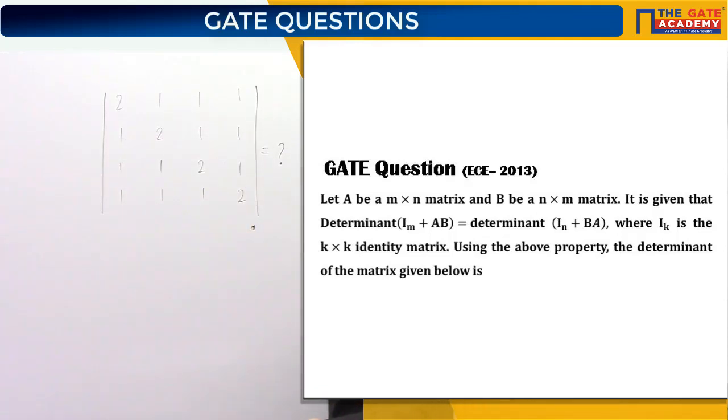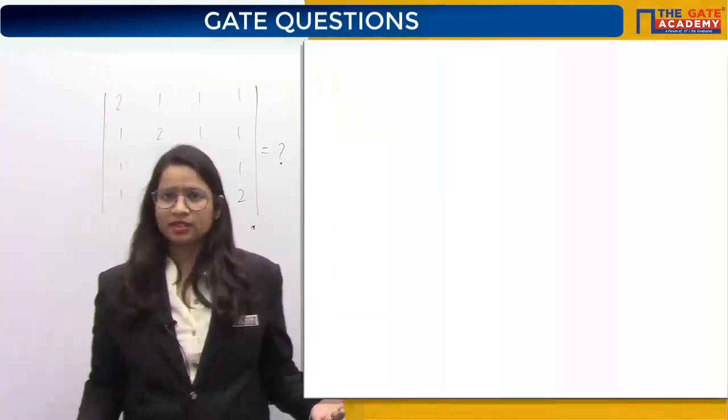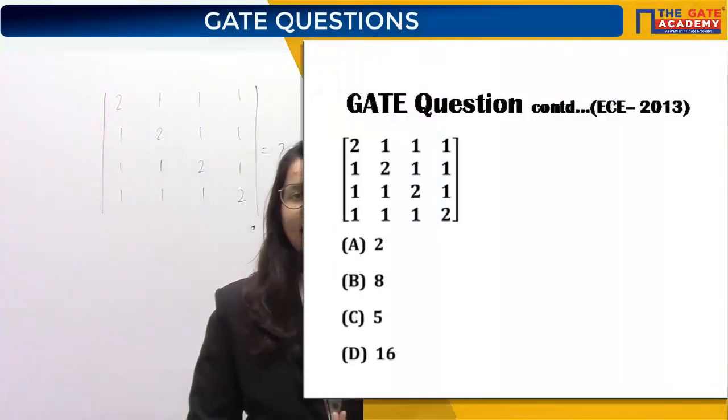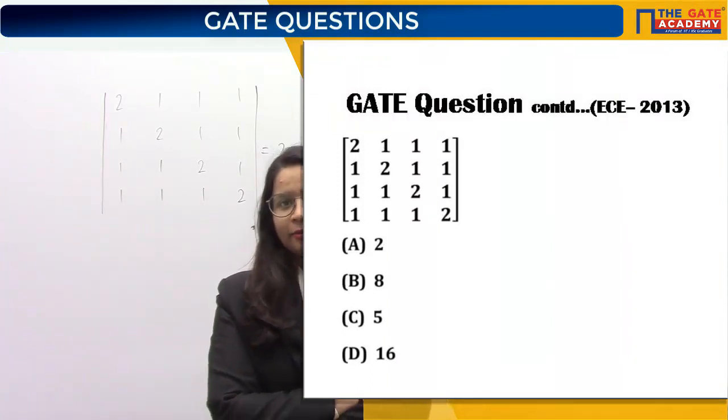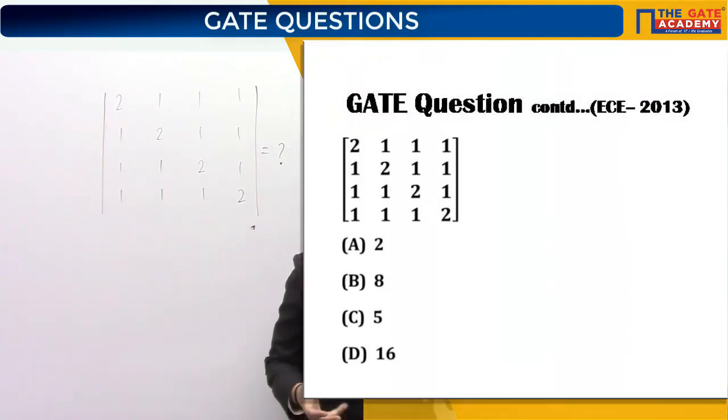Many of you must be thinking, oh my god, what is this property, and ma'am has not discussed it, so it is the fault of ma'am, then how can we use it. If you are thinking that, then actually you are wrong, because in this question they have basically tried to confuse you. They have tried to confuse you so that you use this property and then solve.